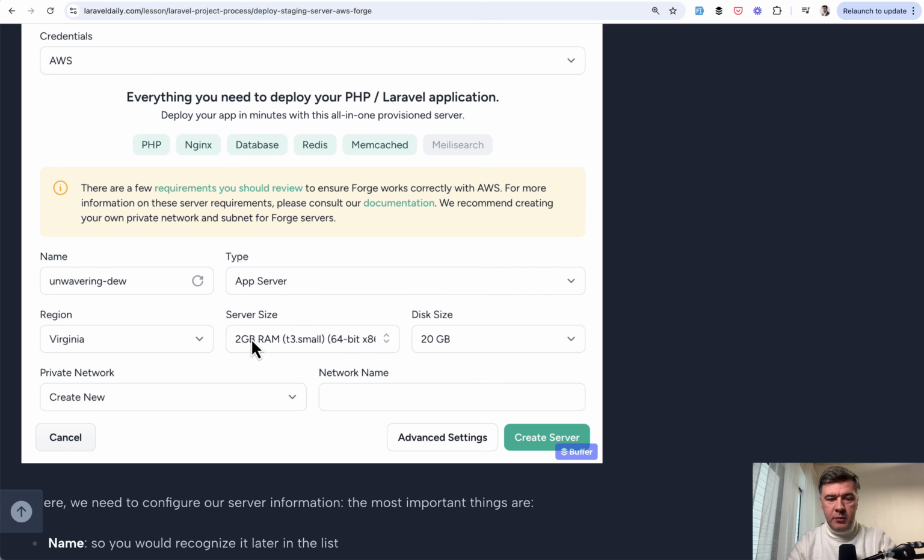few drop-downs, pick basically which size of the server. For example, we've chosen t3.small, which is maybe even too big for this testing project. At the time of shooting this video, it costs $15 per month. Probably we could go lower than this. That's your personal choice. Basically, Forge is another layer on top of your providers of servers, which may be DigitalOcean,